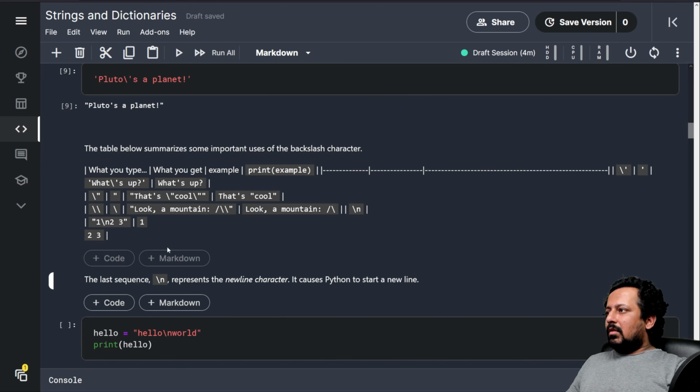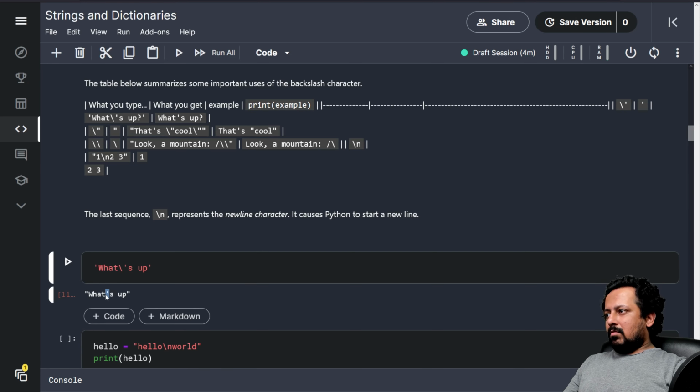So if you write what's up, let's write it in single quotes, and now we get what's up. So this slash says, okay, there is an escape here, so it prints this quote.